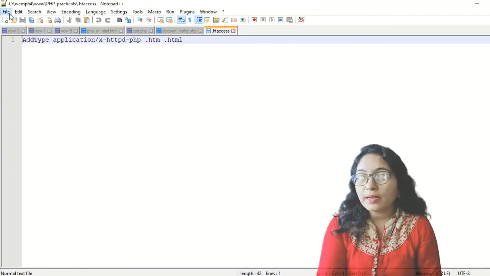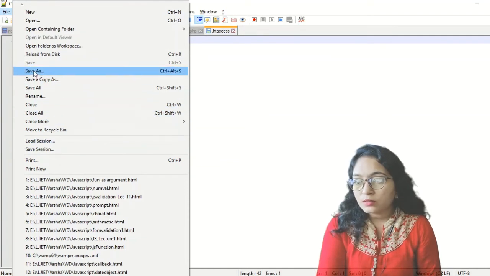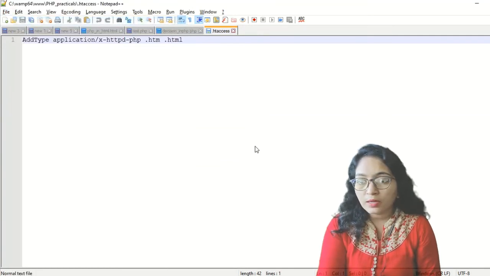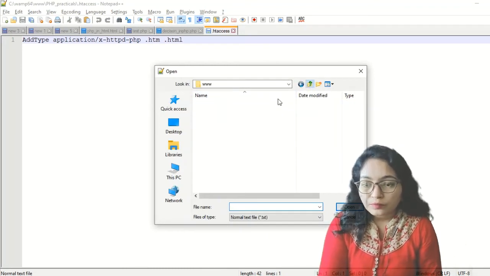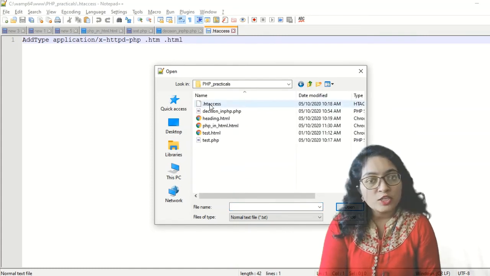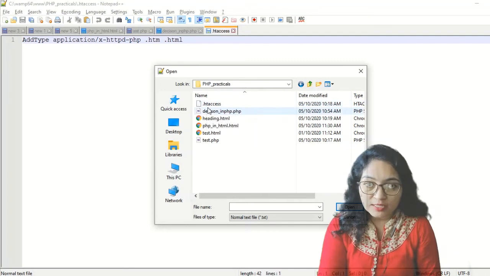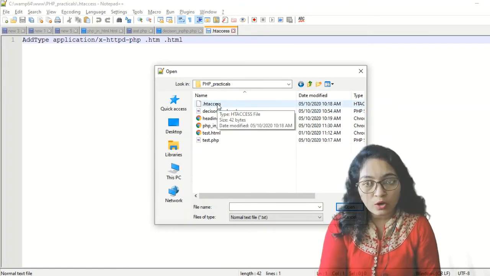Okay, so my practical is saved here. Here you can see, I am opening practical, so in the www folder I have the PHP practicals folder, and here you have to paste the .htaccess file. Okay, now you have to open the .htaccess file with Notepad.